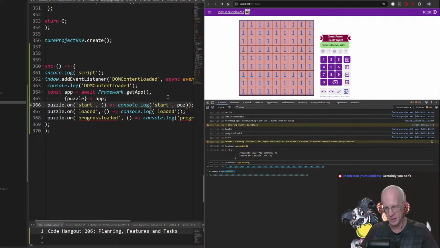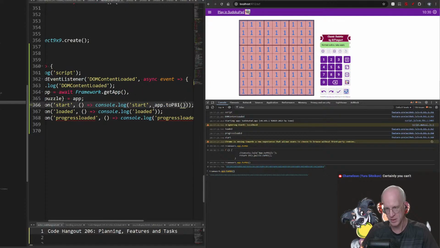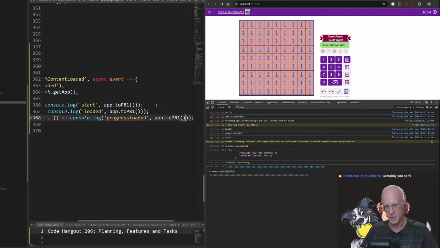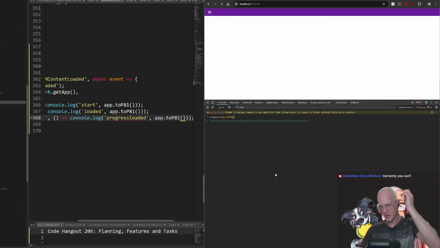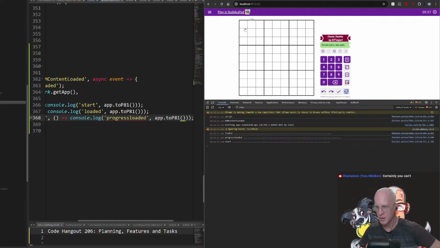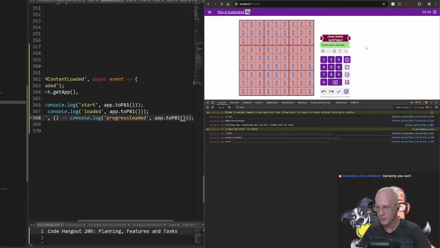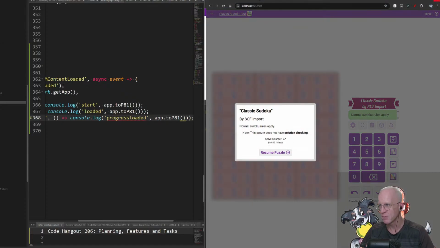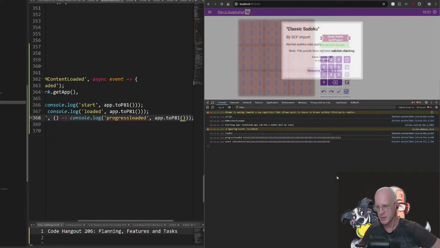So this should tell us what the current content is at these various stages. Right, so if I save this and refresh this, this should save. Yeah, so if I do refresh this here now, yeah,